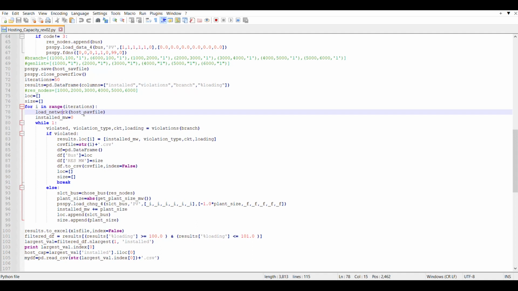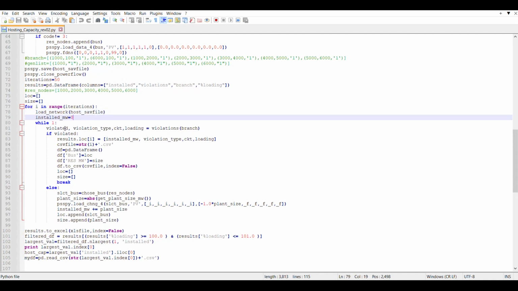We have added additional load which is going to serve as renewable generation, right? So we are going to do this. Then the initially installed renewable or distributed generation in this particular system is 0, right? So we set the counter at 0, and now